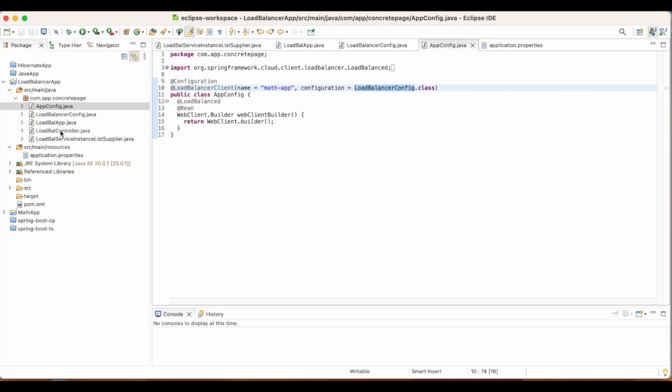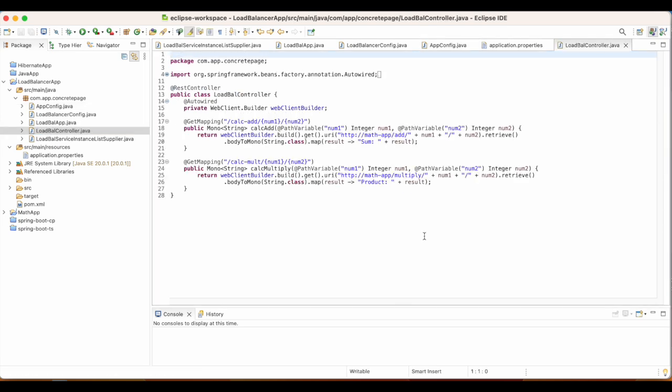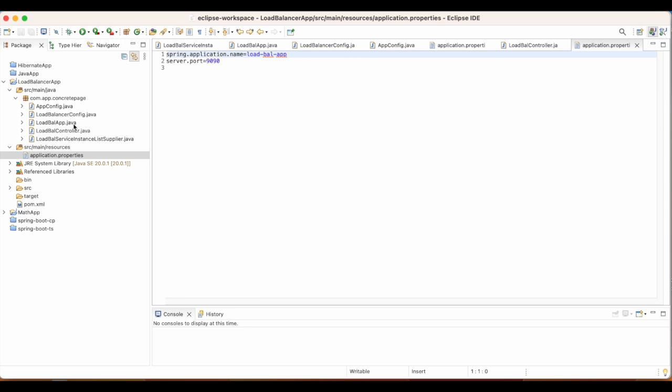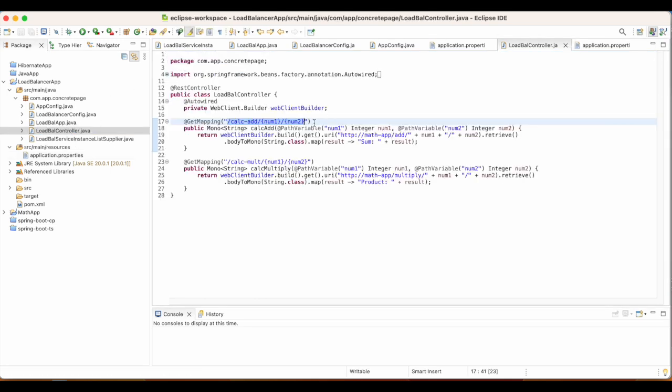Now come to the controller. This is the URL that a user will access. When a user accesses this URL with the port of this application, load balancer app, that is 9090, then this will transfer it to our math app application.